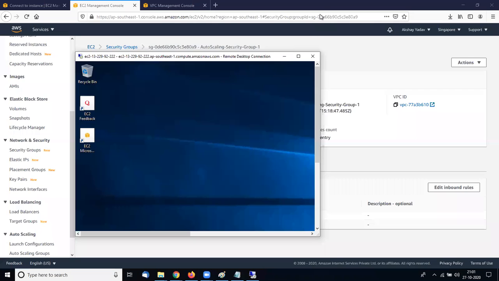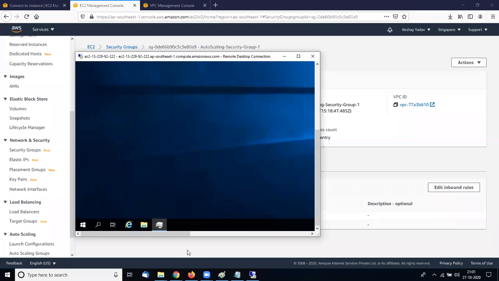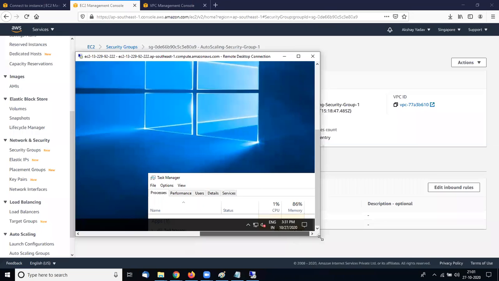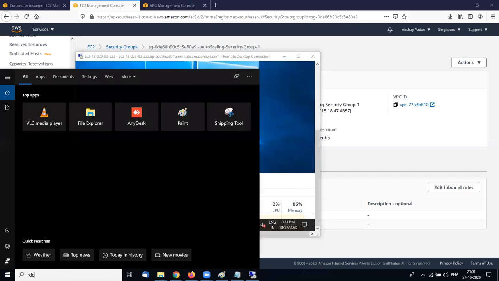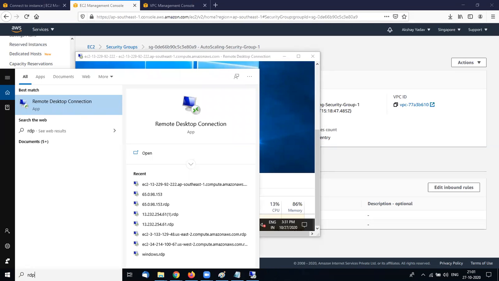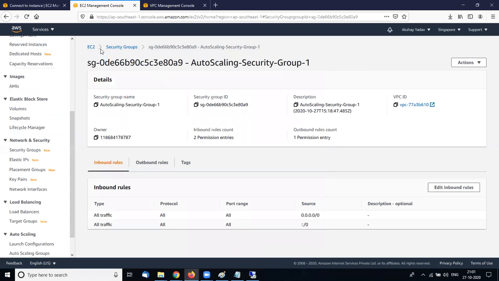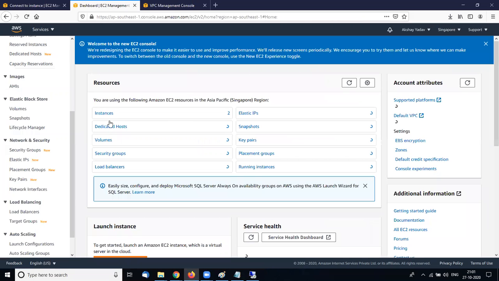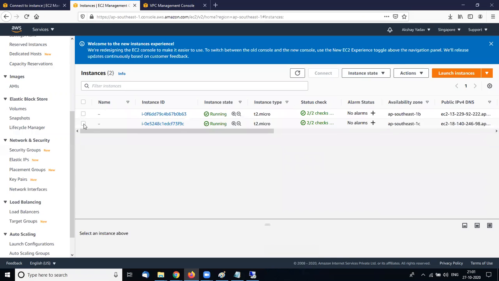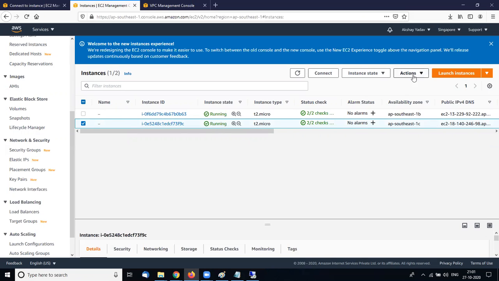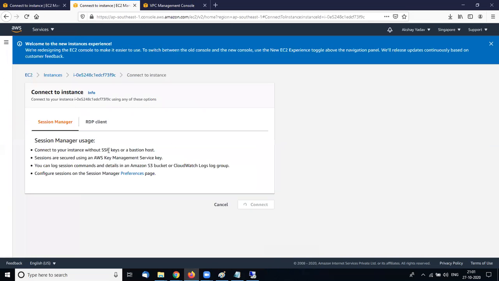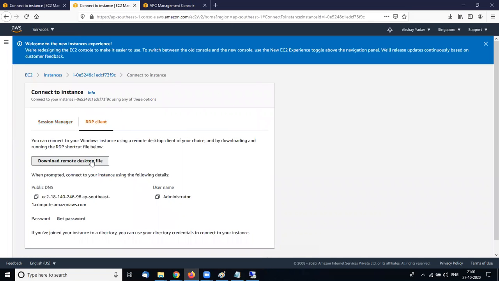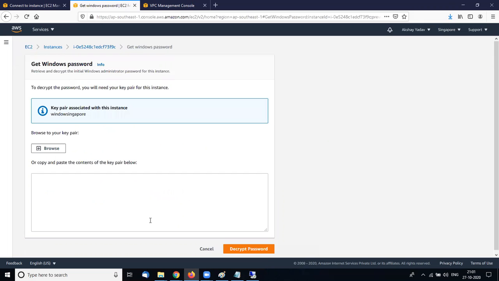I am again connecting with one more RDP client instance. So I download my RDP file for the instance, connect, download the RDP client file and get the password.